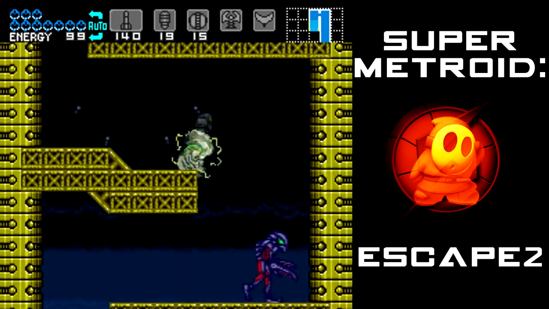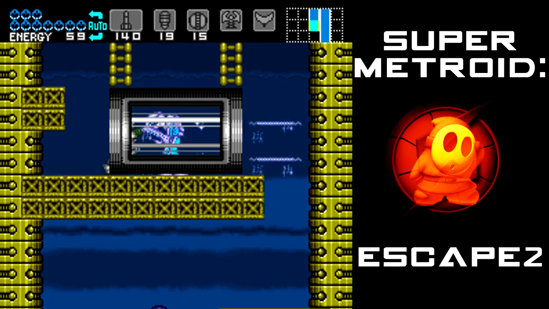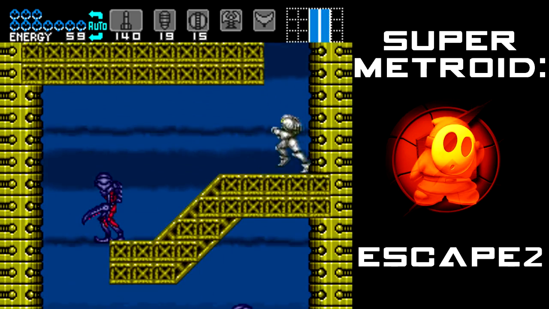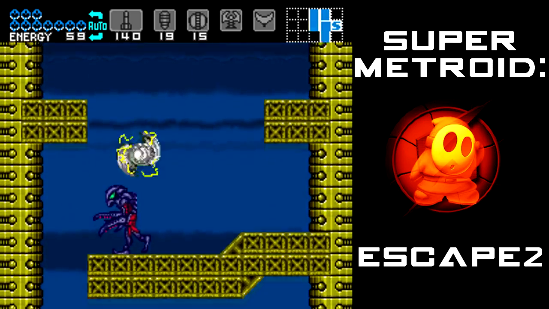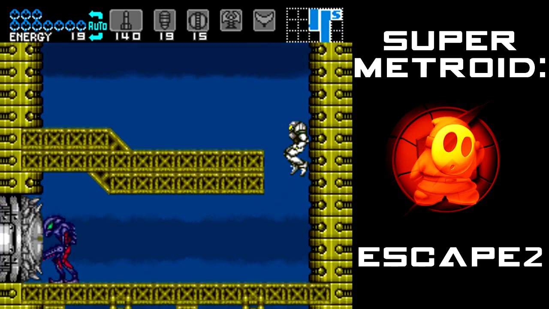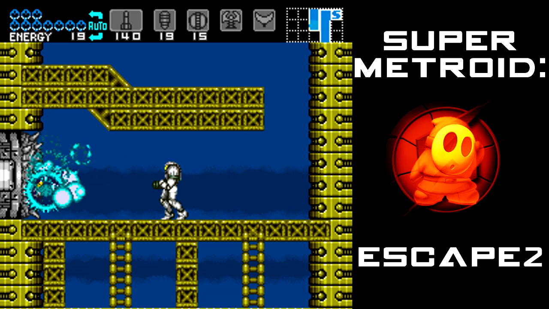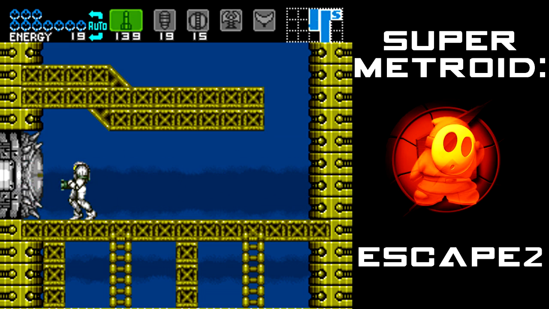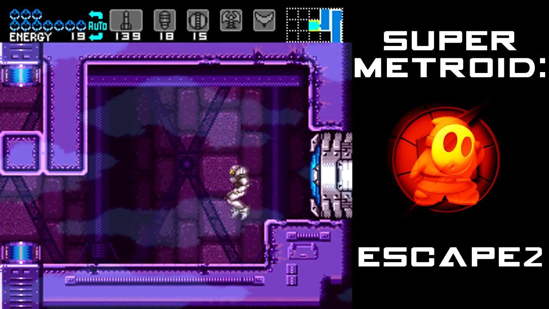Come back out on these amazing tiles, and for some reason I don't screw attack that guy. I had plenty of space to jump. But otherwise, I just used a missile and a super, I'm good. But this leads straight to the statue room, and